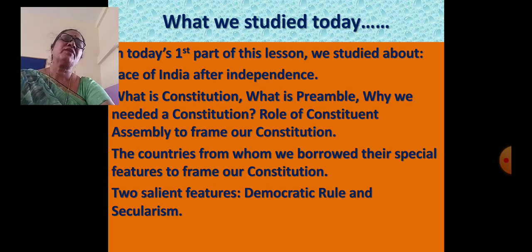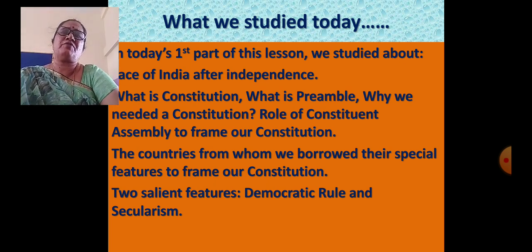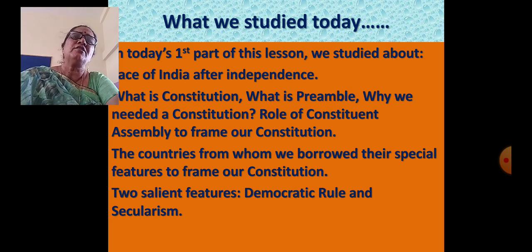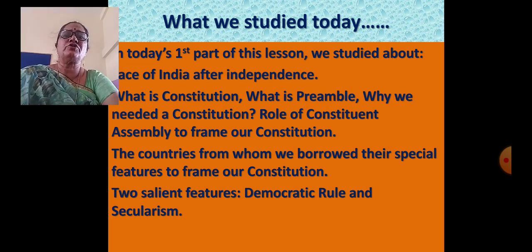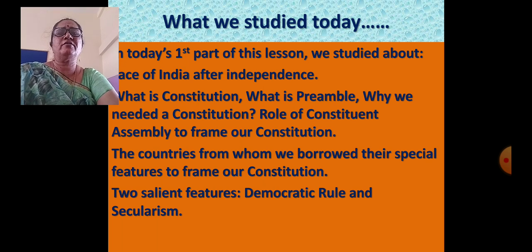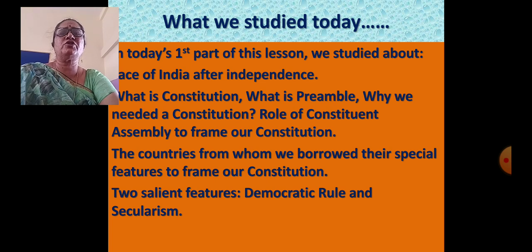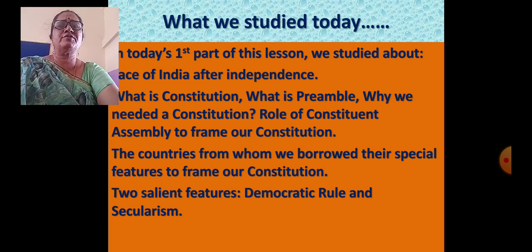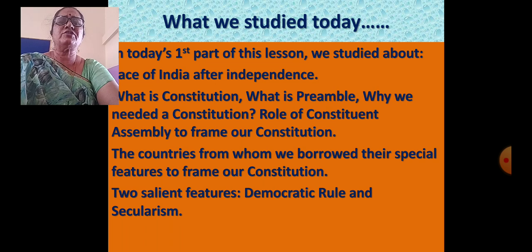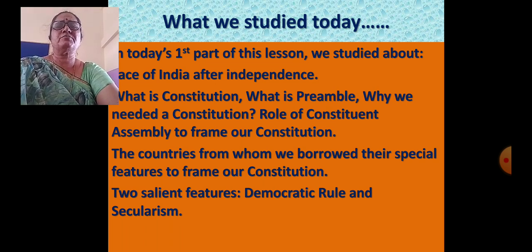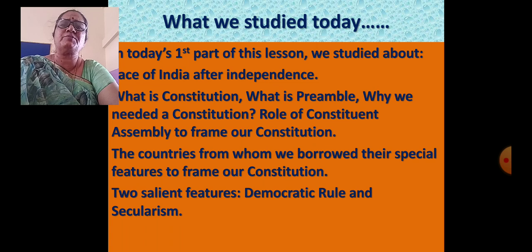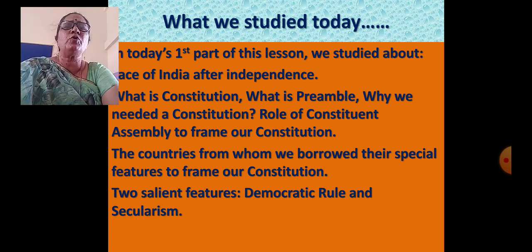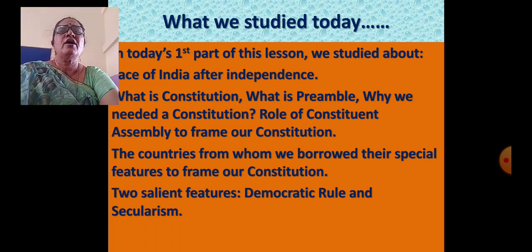The special characteristic of our constitution we have studied in today's part, that it is the longest ever written constitution in the world. Then the 8 countries whose constitutions were studied before framing our Indian constitution. Then under the first part today we studied 2 salient features, that is democratic rule and secularism. And based on today's explanation, I have prepared a homework exercise for you, which you have to write after watching